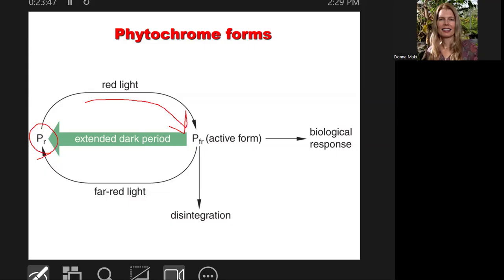So if you were to hit it with far red light, it toggles back, changing its shape back to the P sub R form. Really weird. They really haven't discovered another pigment that does this. This seems at least unique so far. I wouldn't be surprised if they find something else, but